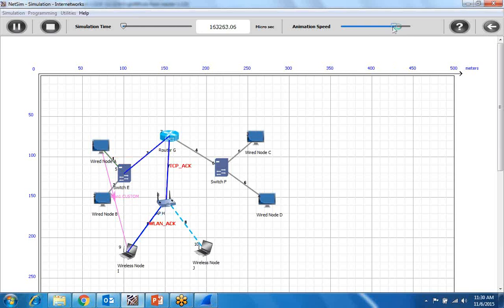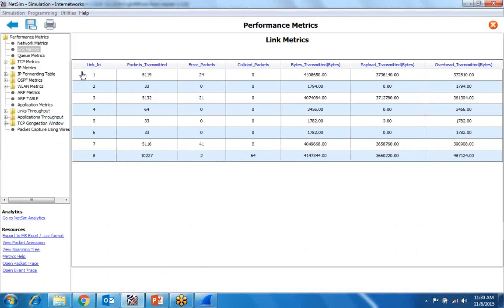So you can change the animation speed from here. So you can see the packets moving from node 1 to 9. Okay. So you can stop here and go to the other options.